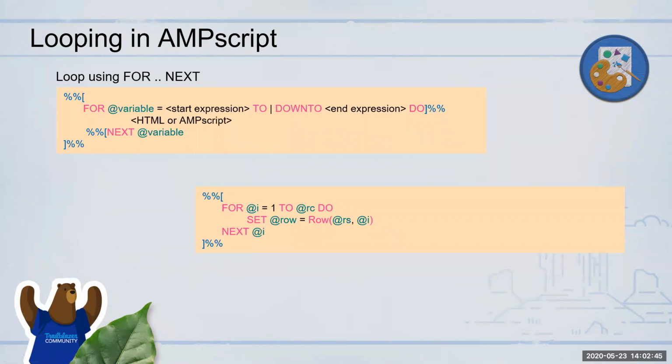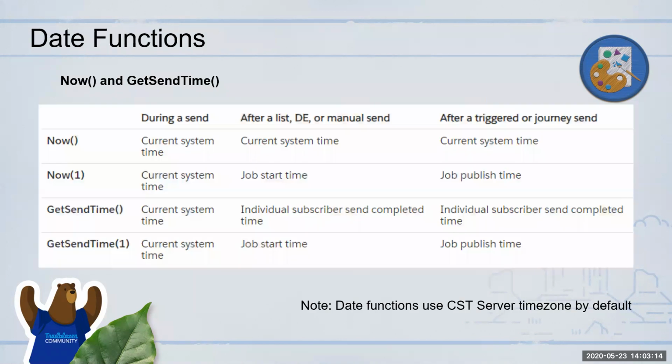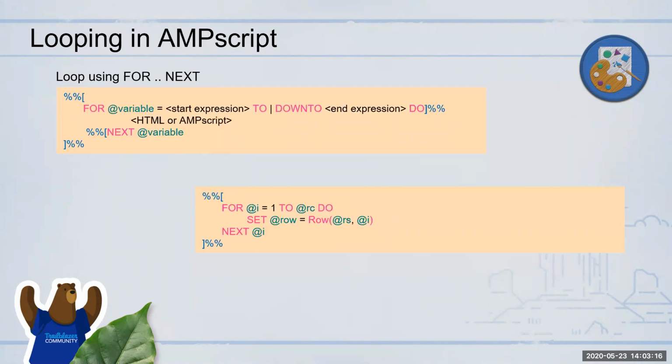Later on we will look at how to retrieve data from data extensions using a function, and then it will give you more than one row. If I have more than one row, I need to loop through it. Let's say I have 5 rows being returned as the row count. Then I will take that as a row count, and for every row, go and retrieve that particular row and get the fields that I want, and then do some particular customization using that. Okay, any question on looping?